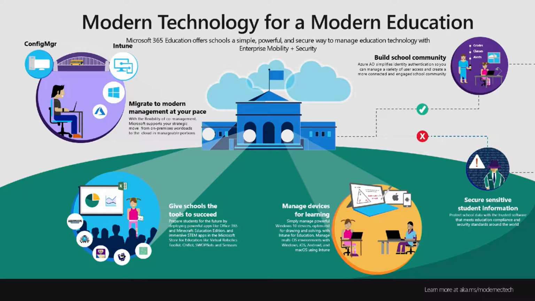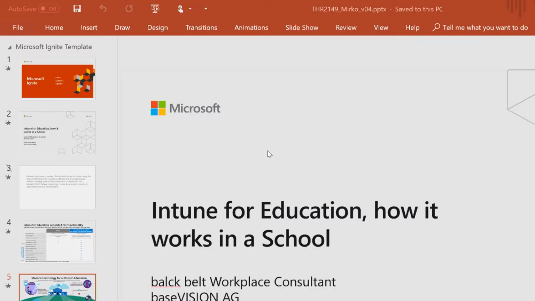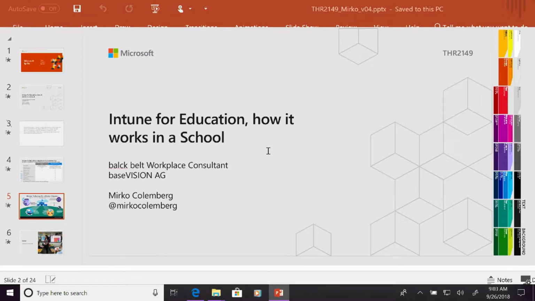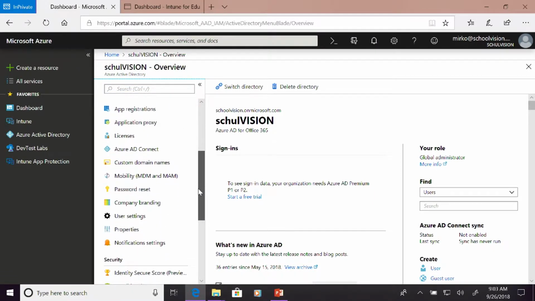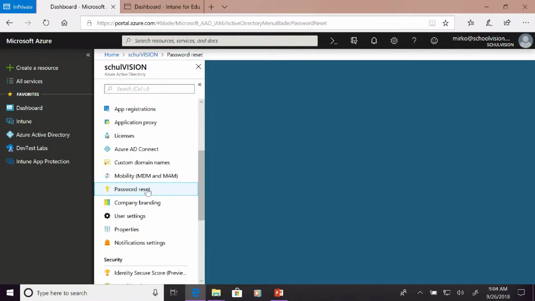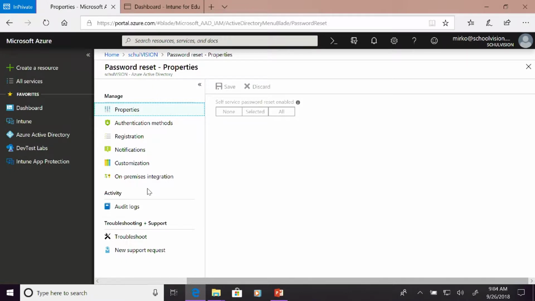So I'll show you what we have done. I'm here at the regular portal.azure.com, and in Azure Active Directory you can easily configure the password reset. In the password reset you can set it for every student, kid or teacher, and the second option is the authentication methods.